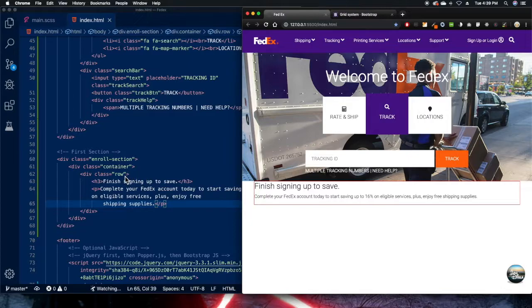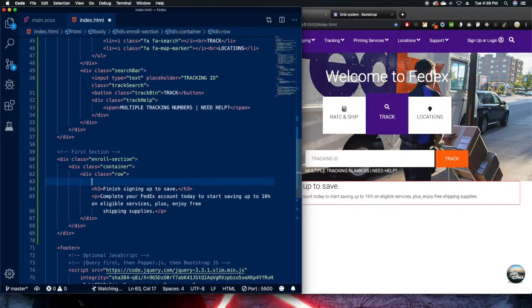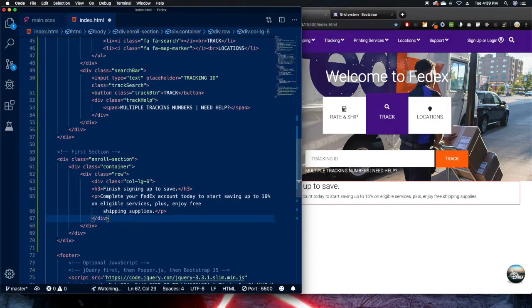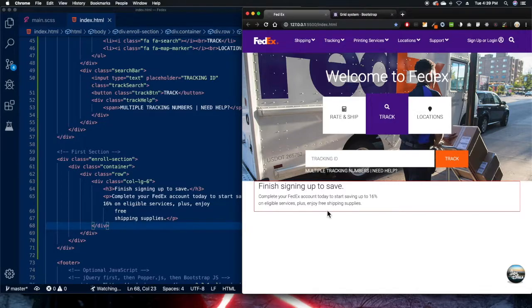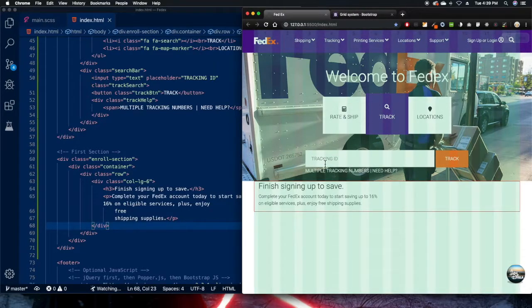So I also need to add something more to this that I did forget to add, and that's going to be the column. I have to let Bootstrap Grid know what size I want this column to be. So the class is column, I'll be using large and the number 6, and you'll see here how this will make the section look. Because it's a 12 column grid, it breaks it in half. So we have the 6 and the 6 here, the other half, which is where I'll be adding